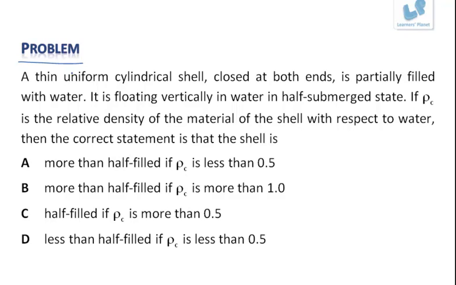Now let us look at the next problem. A thin uniform cylindrical shell closed at both ends is partially filled with water. It is floating vertically in water in half submerged state. If rho c is the relative density of the material of the shell with respect to water, then the correct